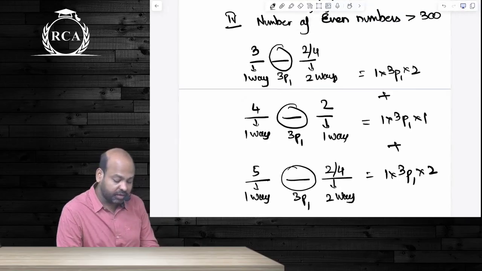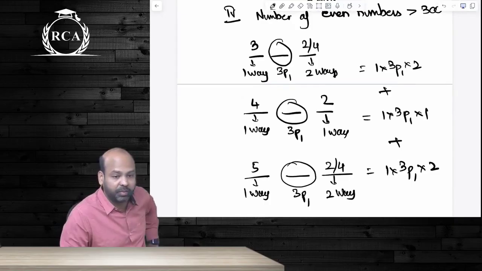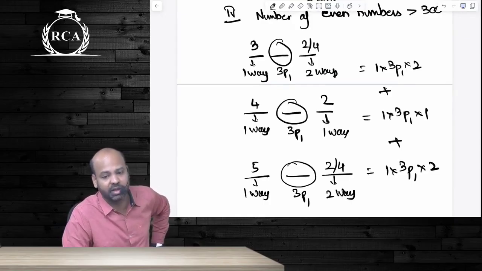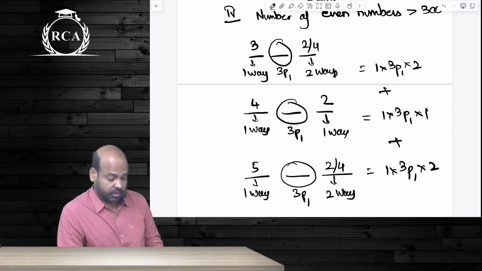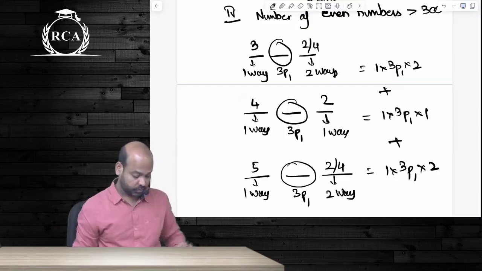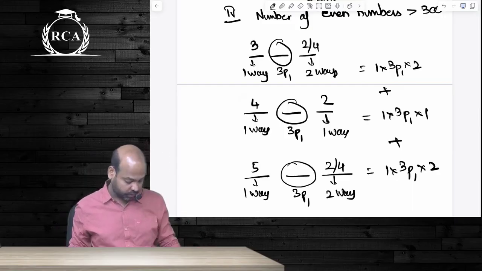There is a condition for the first place. There is a condition for the last place. You cannot directly solve it. You will have to divide it into multiple cases and then arrive at the answer. This is the number of numbers, guys. Are we clear about this?